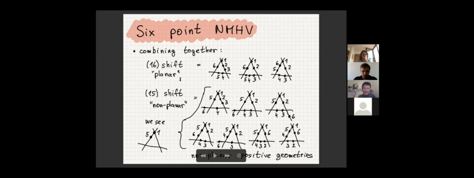While in the planar adjacent shift, the 1 and 6 were always next to each other, that we didn't even see, but that was just forced on us by cyclic ordering. And the rule there was redistributing all other points on the 3 lines in this cyclic ordering. So all possible